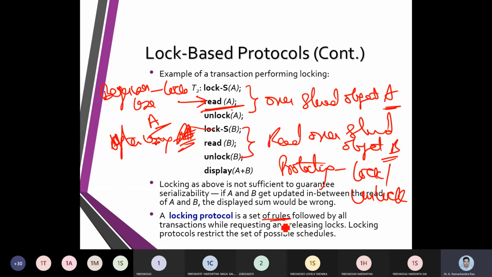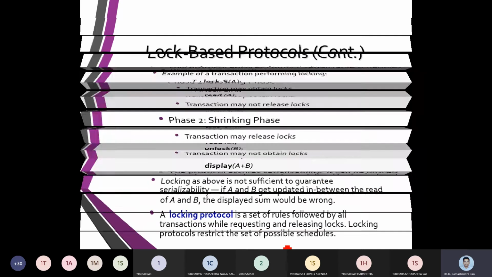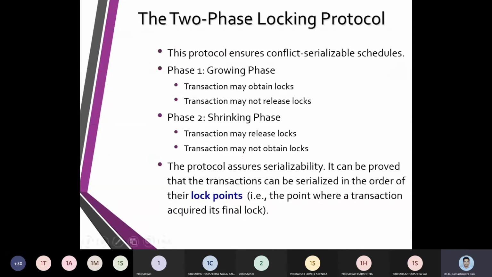So we have a set of rules to be followed for the transaction protocol, and it views the locking mechanism with two operations: requesting a lock and releasing a lock.